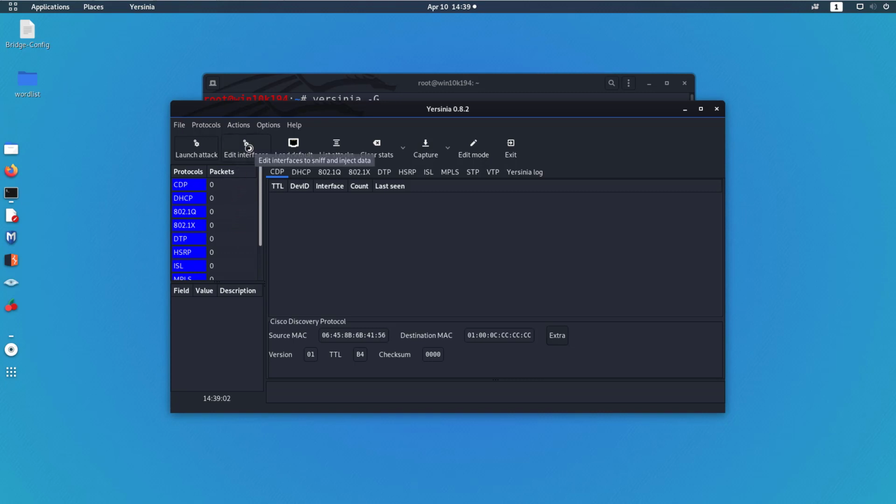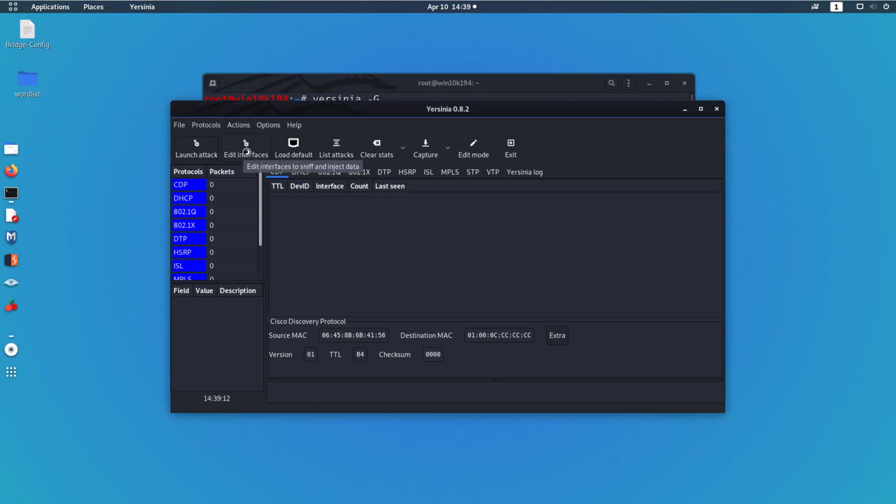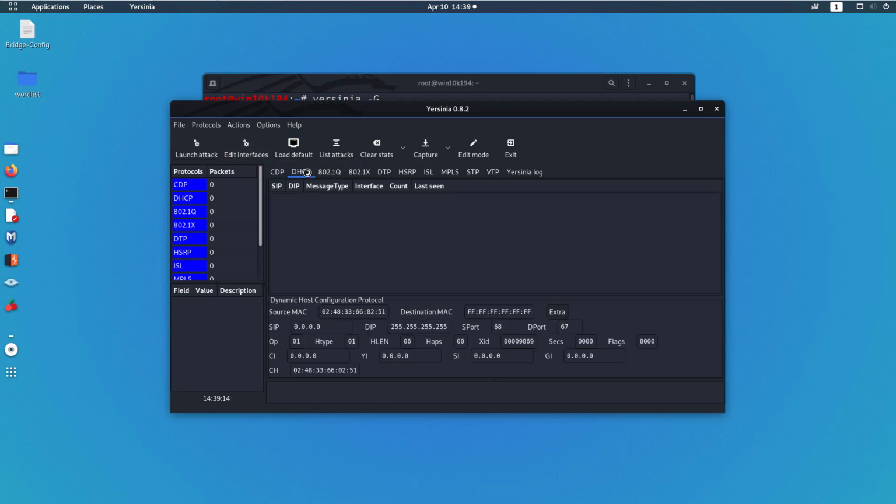So let's go ahead and you can load your interfaces. And right now I have Ethernet 0 mapped to the same network, and the virtual network is the one the DHCP service we have running is on. So we're going to go ahead and just click over here to the DHCP page. And this is where we'll see our messages come up along with the packet counters. And we could change some defaults there if we wanted to, but just for this example, we're going to keep